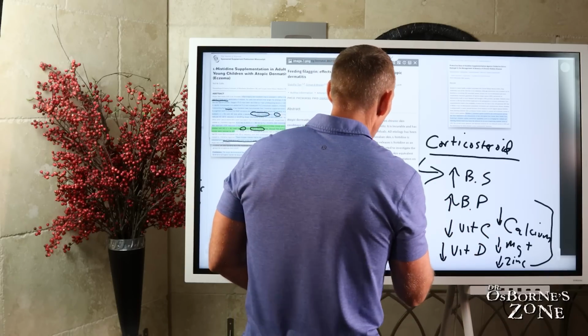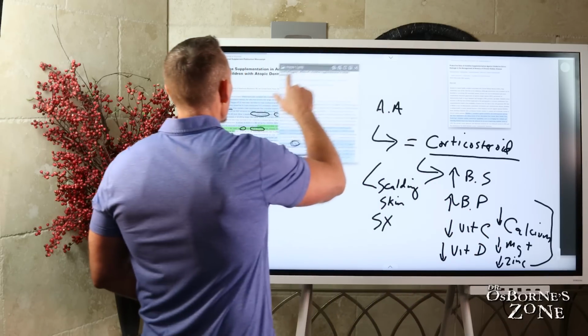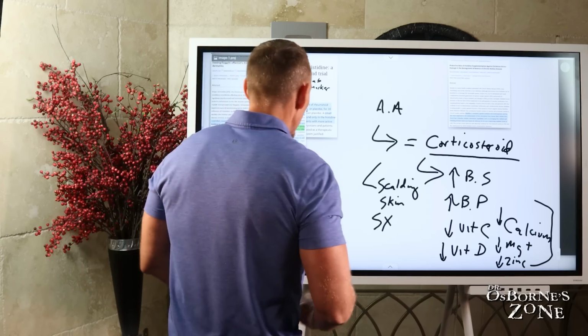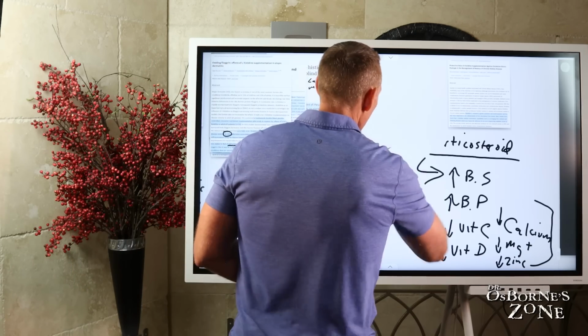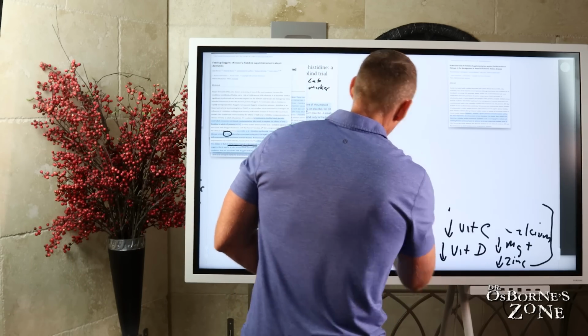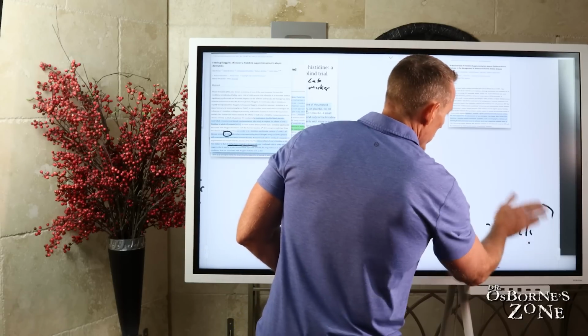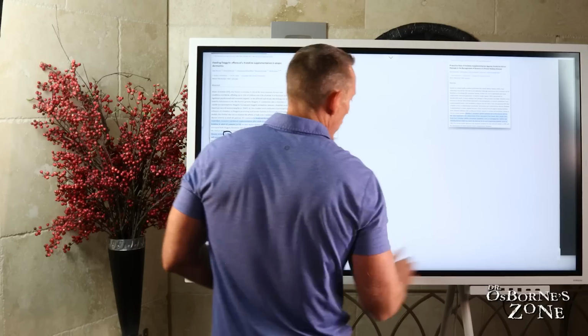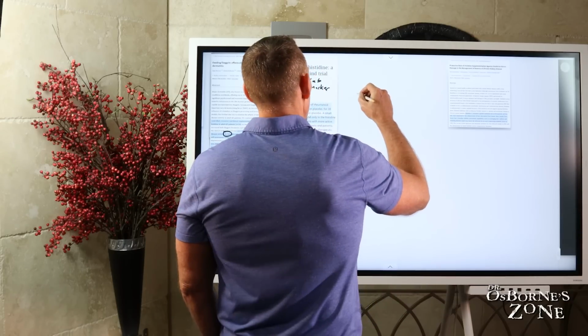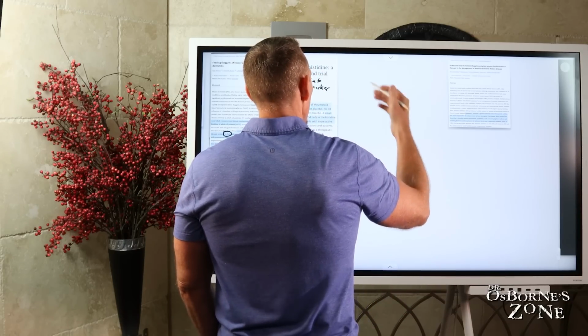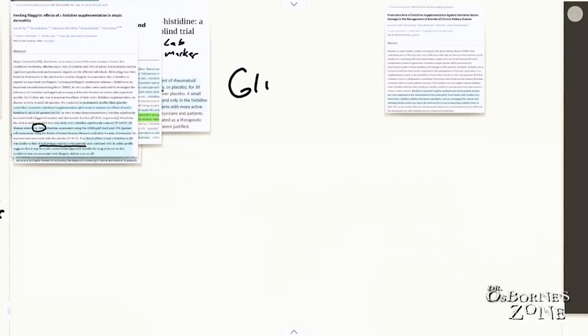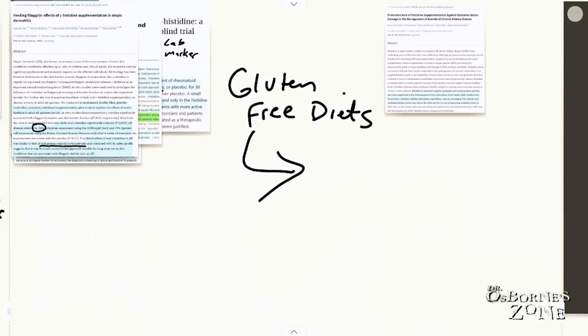But at the end of the day, you also want to know what is driving the skin inflammation in the first place. And so I know this isn't a show about gluten, but those of you watching to learn about histidine should know that the vast majority of skin inflammation of unknown origin responds extremely well to gluten-free diets. And so if you have not entertained this, if this is new news to you, you need to go and pick up a copy of No Grain, No Pain